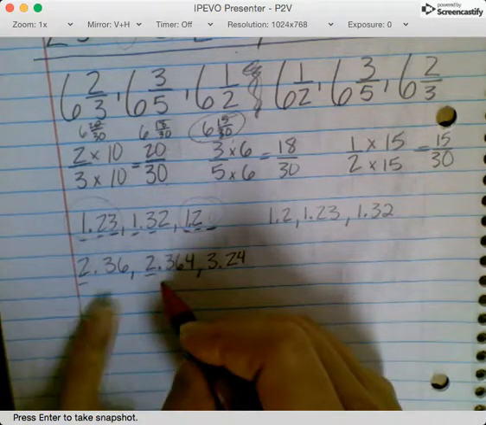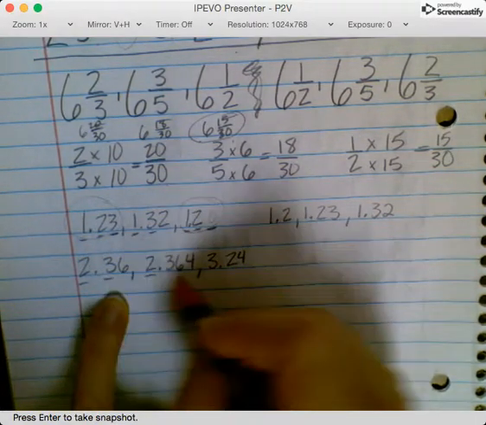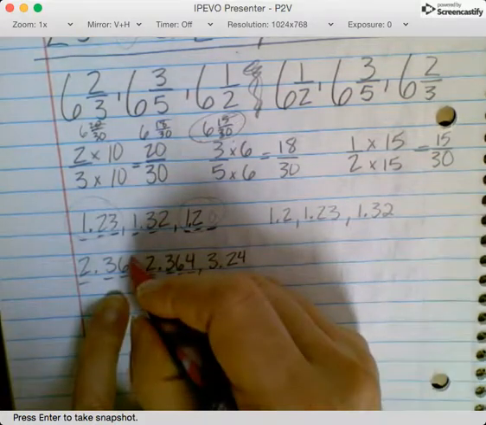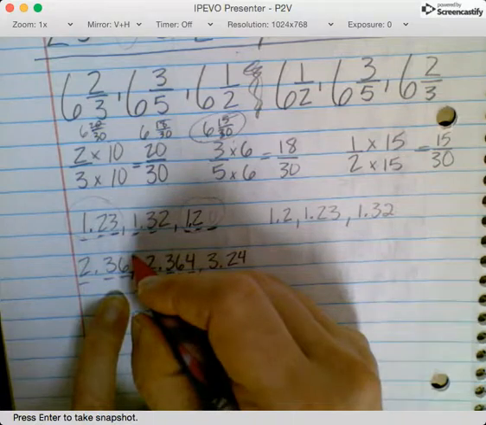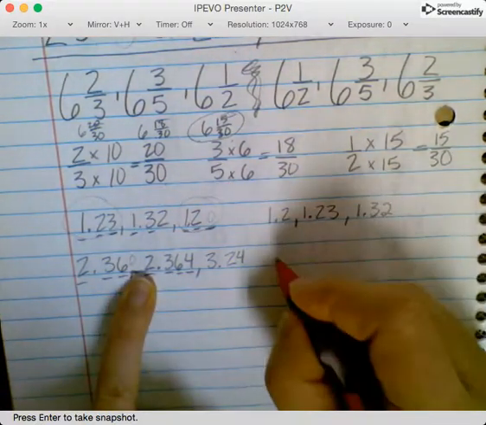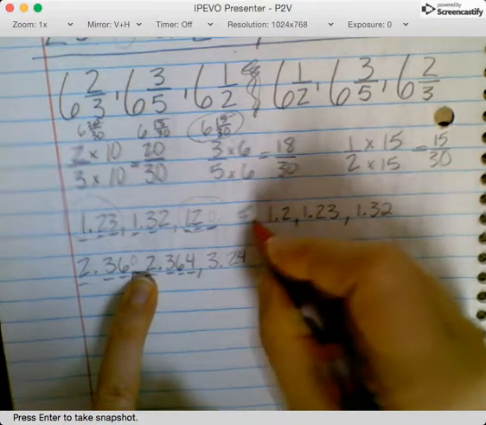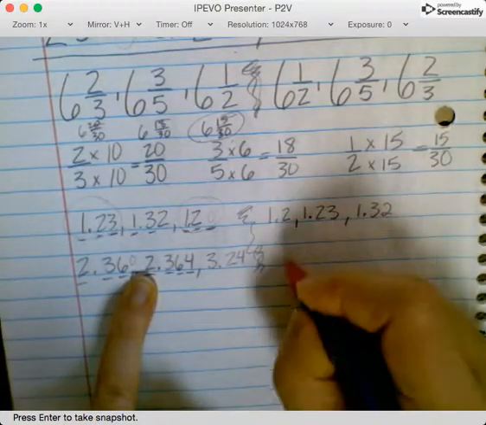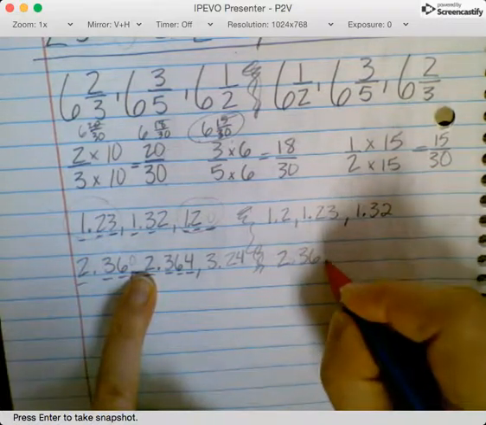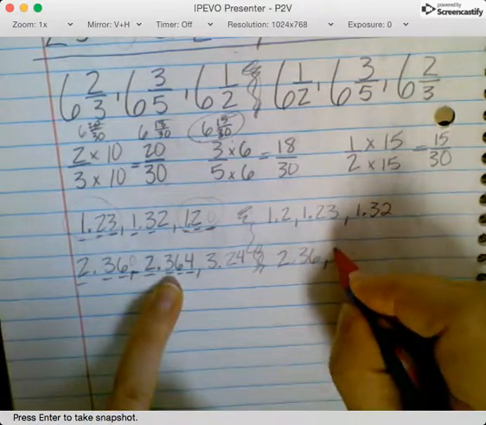My 2s are the smallest. Now I have 3 is the same, 6 is the same. Instead of 4, I don't have anything here, so it's like 360. So this one's going to be the smallest. So my smallest is 2 36/100. And then my next smallest